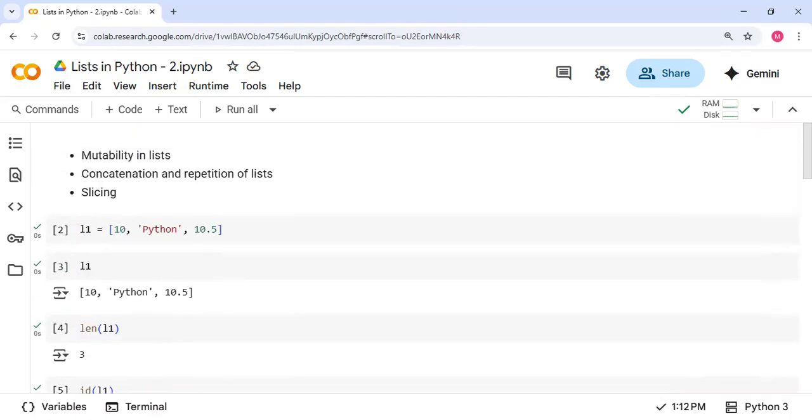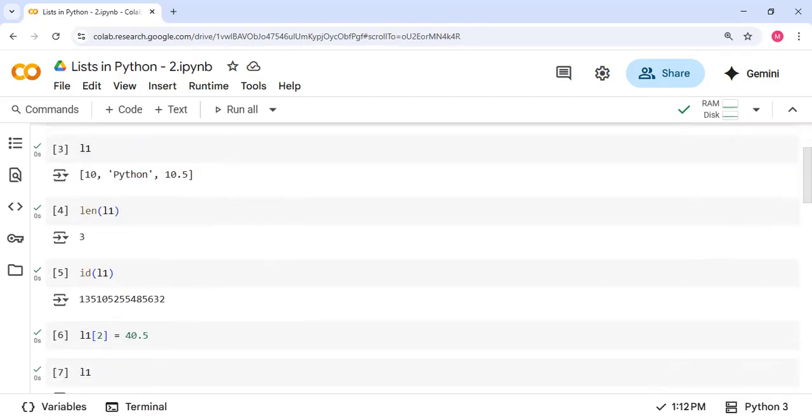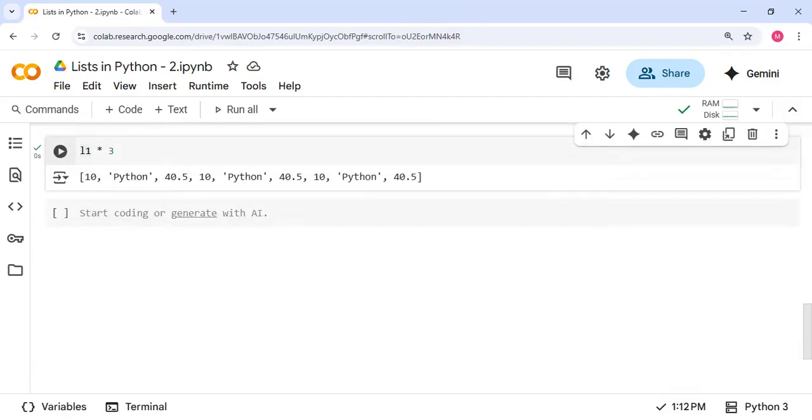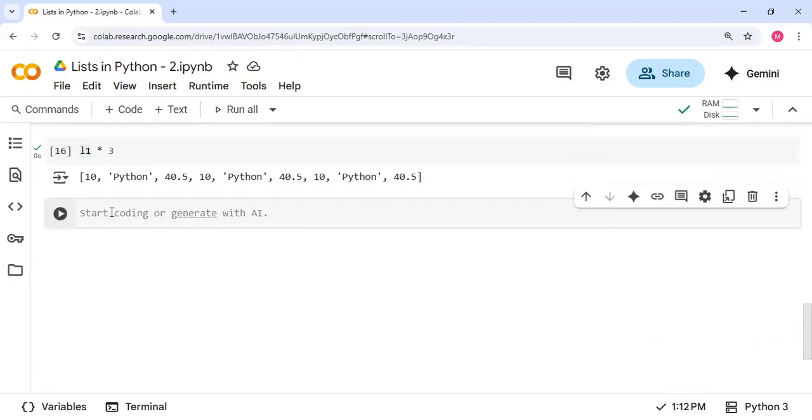Now, the third thing that we're going to see is slicing. We had a video in which we understood what slicing is in general. We took an example of a string there, but the slicing concept is not limited to strings only. It can be done for lists as well. So in that case, let's create a new list called L3. For simplicity, I'll simply use a few integers here, so that we don't